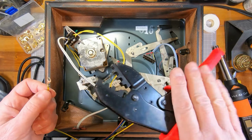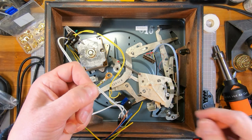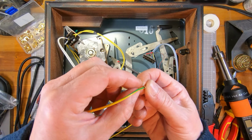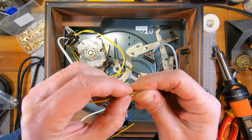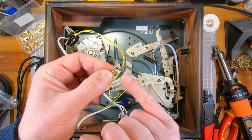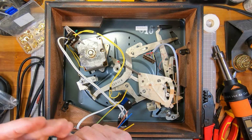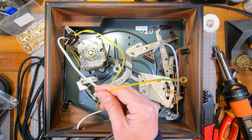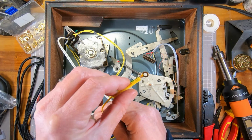This crimp tool was just a fairly cheap one. It does a better job than pliers, but it's not perfect. The actual crimp on the insulation isn't great, so I'll just solder these as well. I'm just going to put a little bit of heat shrink over